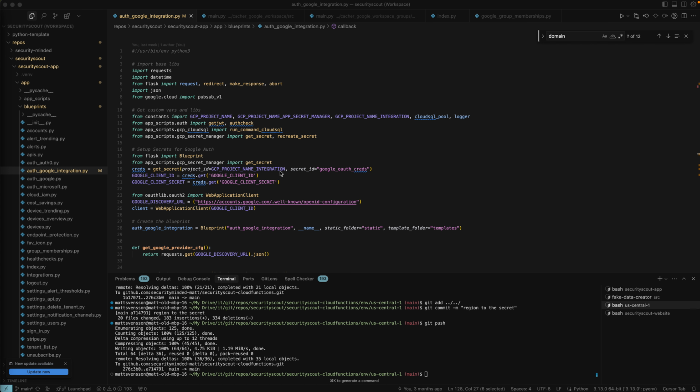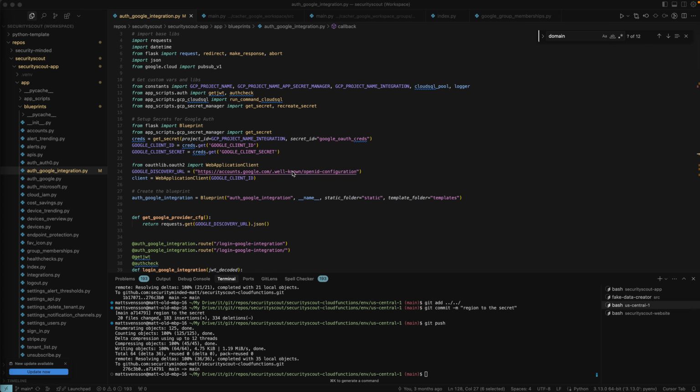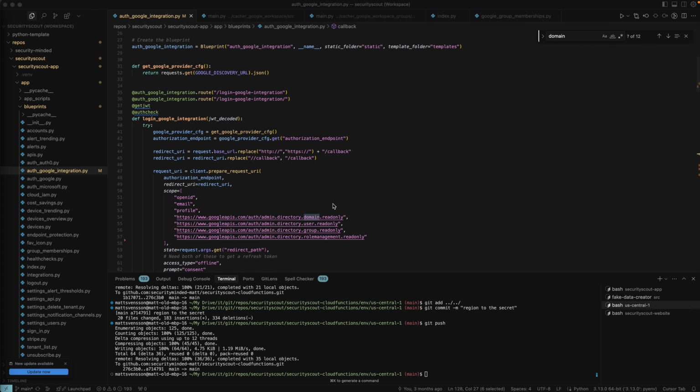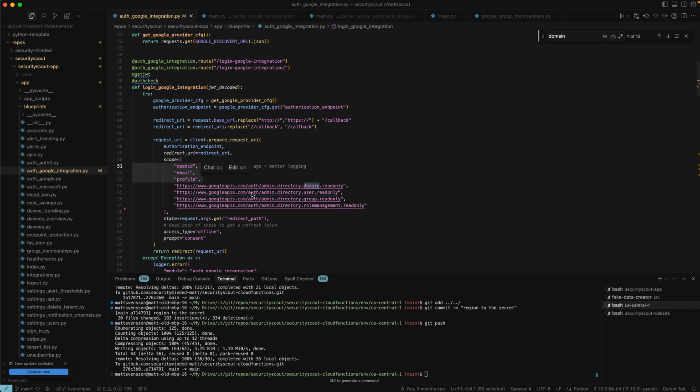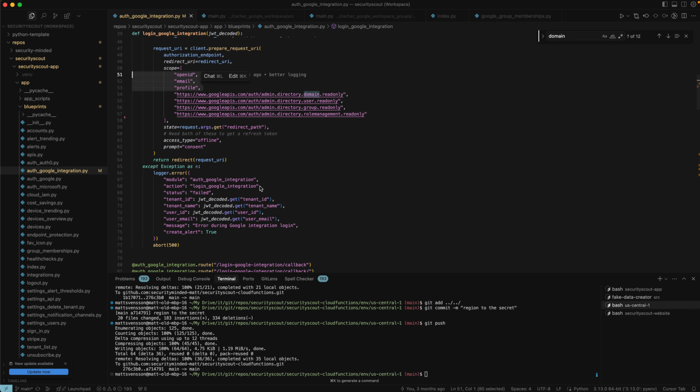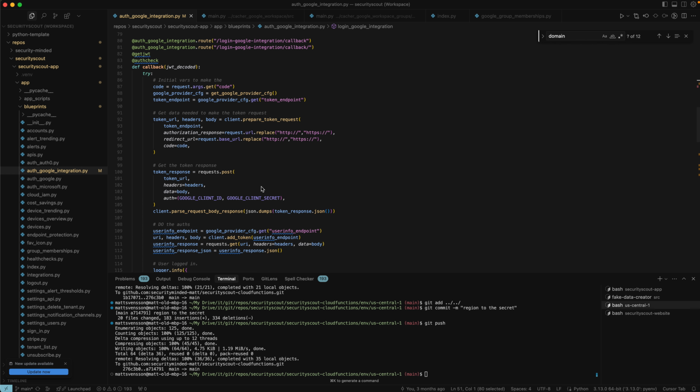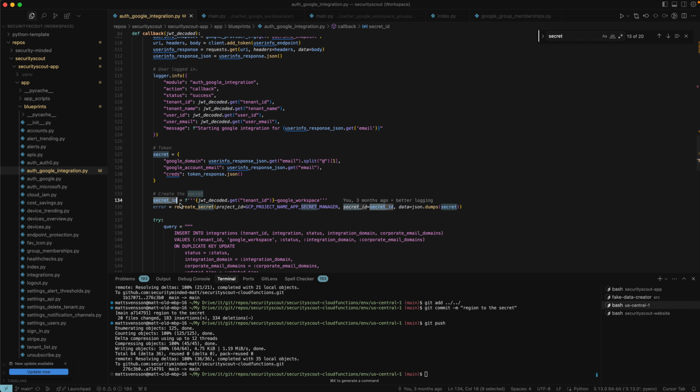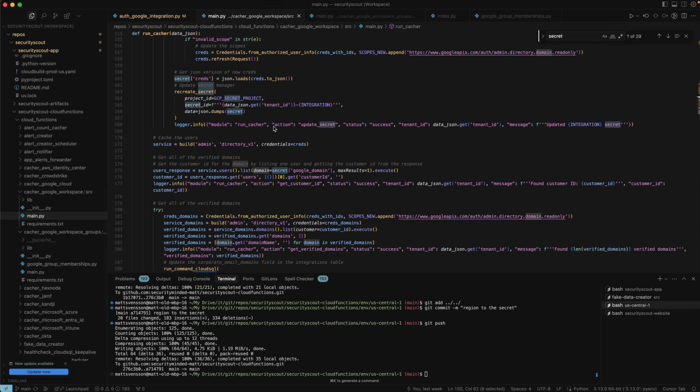To show the integration, this is the code that does the actual integration. This is just requesting as seen the 4 scopes as well as normal login scopes. Once those are done, then we take those and store those as a secret in Secret Manager to be able to use in follow-on polls, such as for